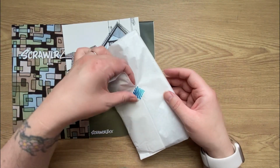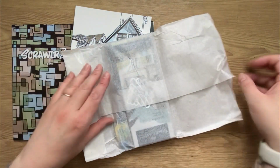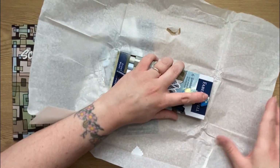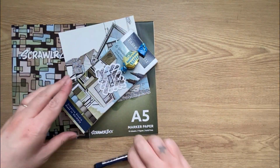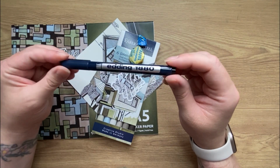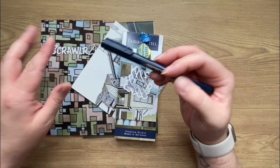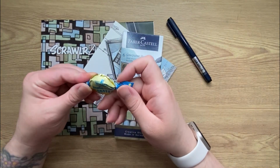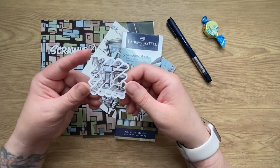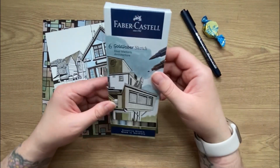I think that sticker might be bigger. Have they changed these stickers? Yeah, don't know. I'm going to keep it and compare it. So, we have got, let's get rid of that. Start with this, the Edding 1880 draw liner in 0.1. So quite fine. I'm probably going to annihilate the nib on that. The Sweetie is an English cream toffee. Take your teeth out. We've got the sticker which matches the print, and we've got these,